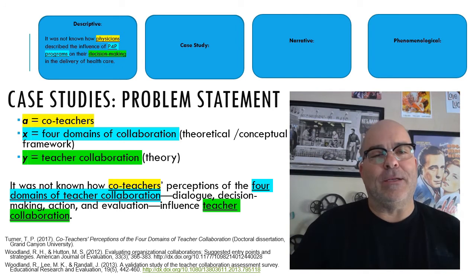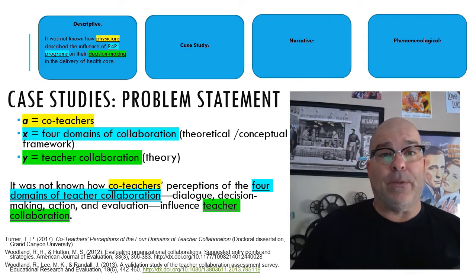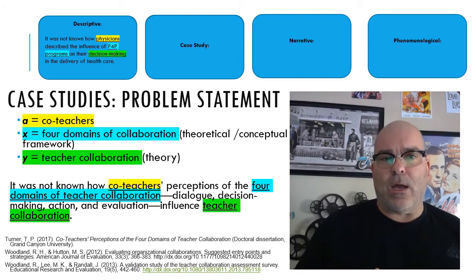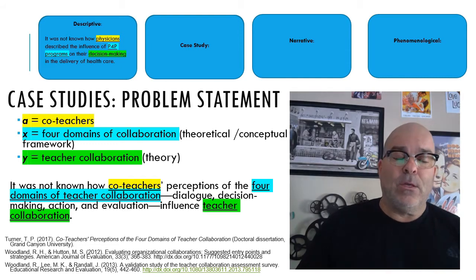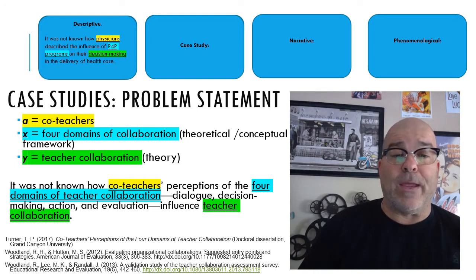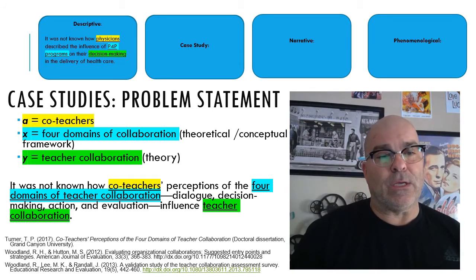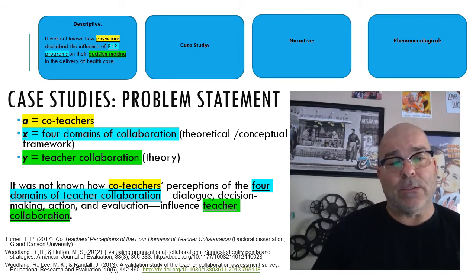Okay, so moving on to case studies, and I've put the descriptive example that we just discussed up in the top here so that you can follow along and see that we have a similar rhythm. This too is color-coded, and in this example we also use A and X and Y to help you understand and see this pattern. So again, if we accept that A equals co-teachers, and X equals 4 domains of collaboration, which is the theoretical or conceptual framework in this particular study, and Y equals teacher collaboration, we come up with